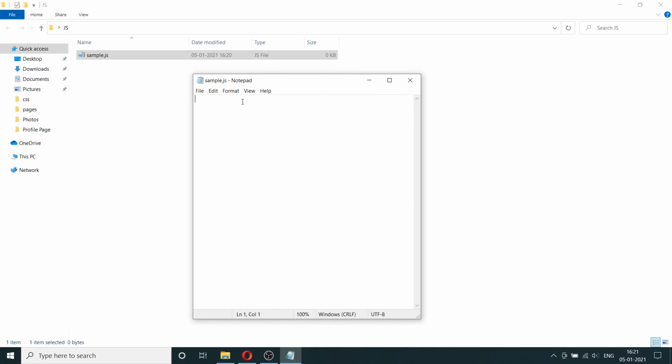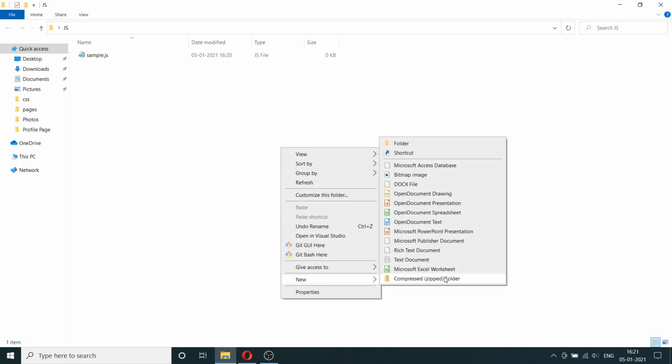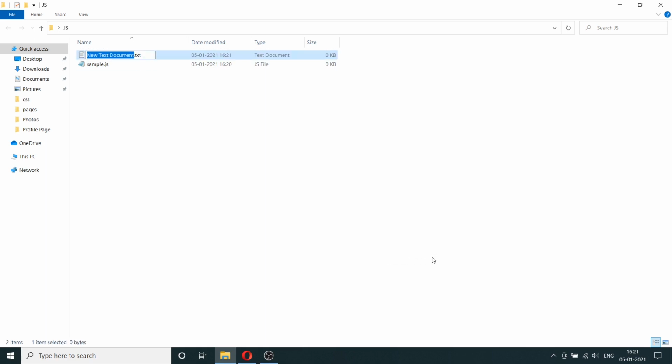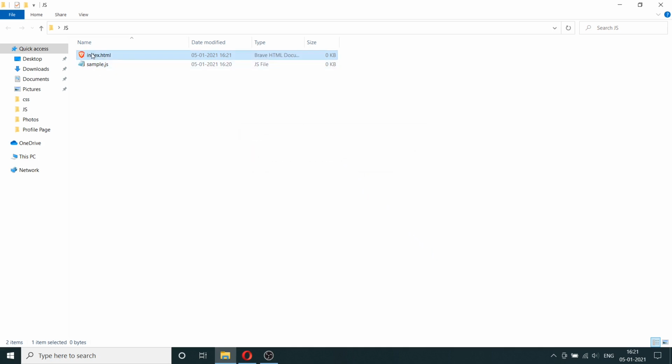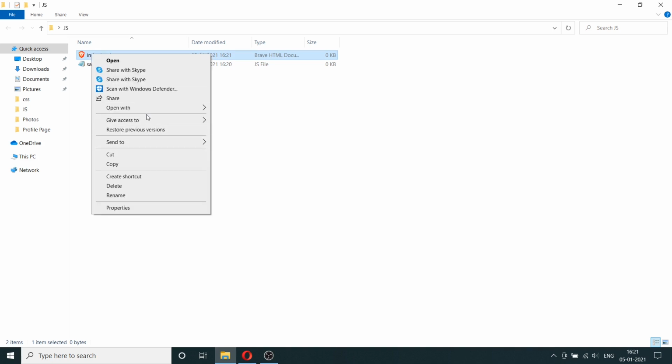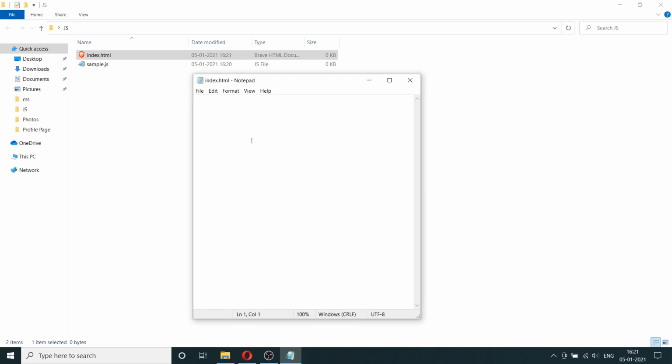Now I'm not going to write any code directly here. I'm going to close this and I'm going to create another new file. Here I'm going to say index.html, and I'm going to open this in Notepad. So here I'm going to type out a basic HTML file.